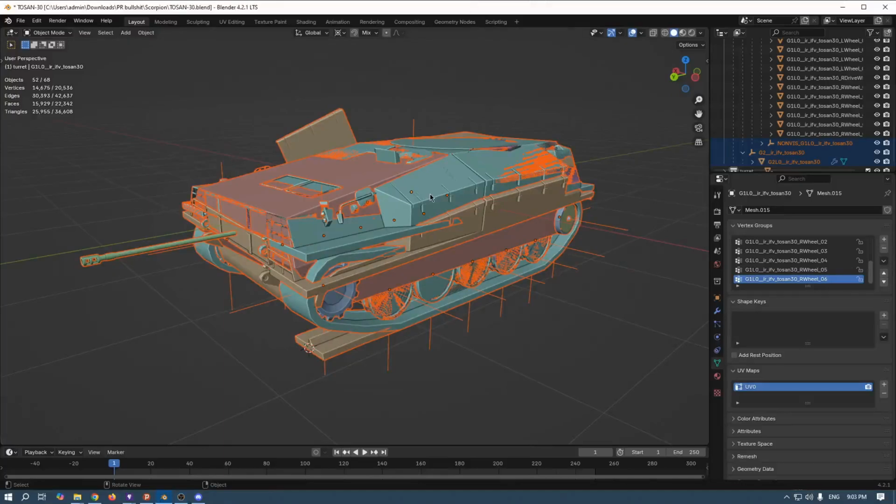Hello folks, in this video I'm gonna be showing you how wheels and tracks of a tracked vehicle should be set up in Blender to be exported into a Battlefield 2 object, Battlefield 2 file. I'm gonna be using Ekisos, I hope that's the correct pronunciation, BF2 add-on for Blender, and this vehicle Tosan IFV